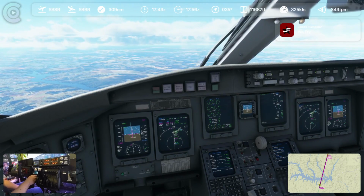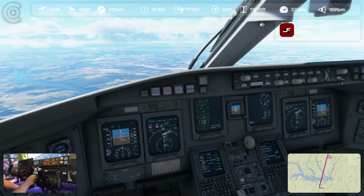I want vertical speed mode. And this is where I'm stuck now. I'm stuck out of